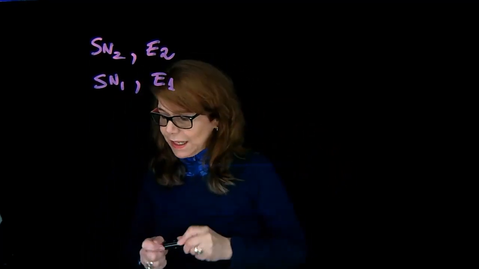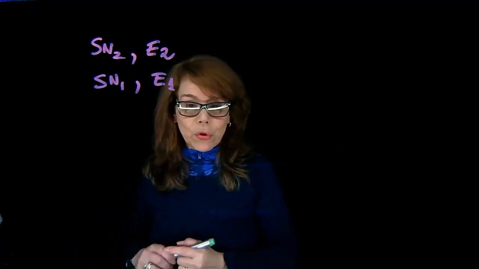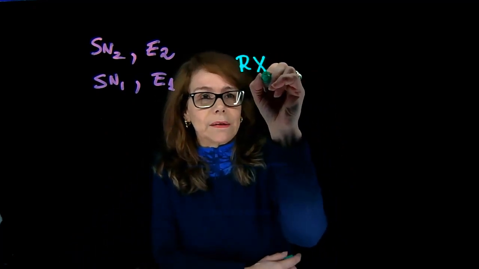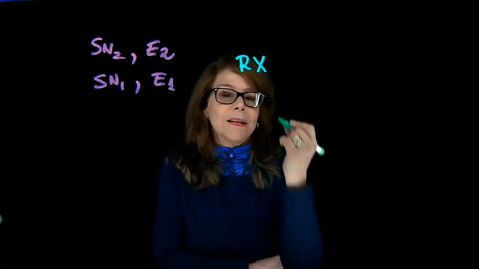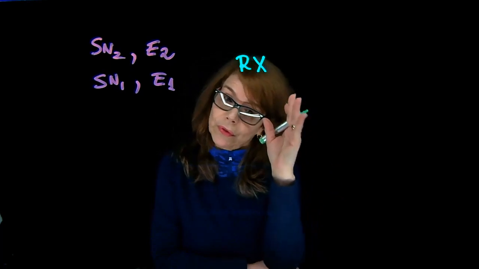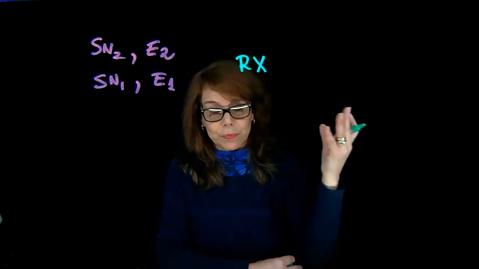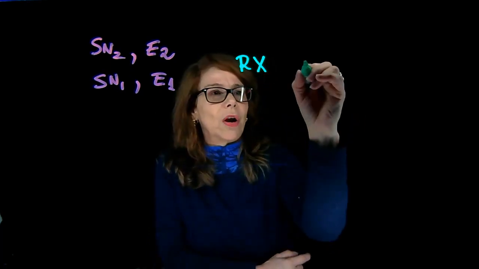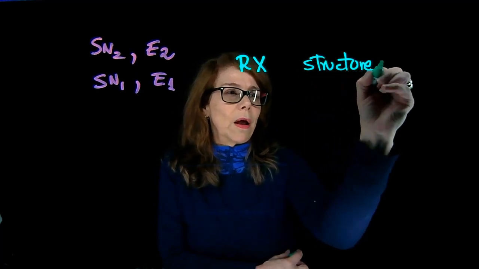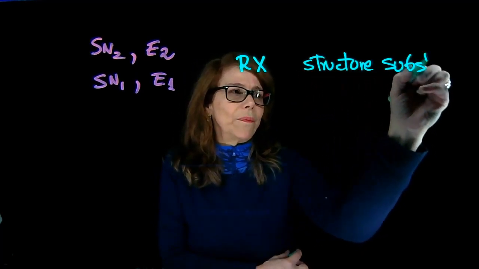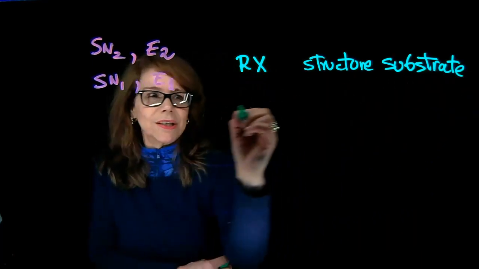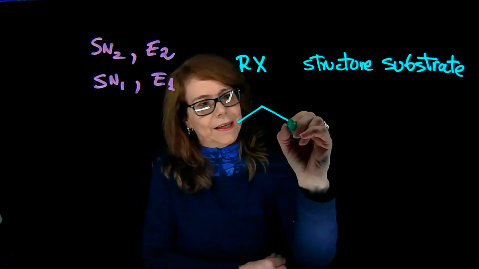The first thing that we need to review is the structure of the substrate. So we have something like this, an alkyl halide. These are factors that we need to know to determine the mechanism and predict products. So we need to know the structure of the substrate, and see what that is. So if we have something like this, say,